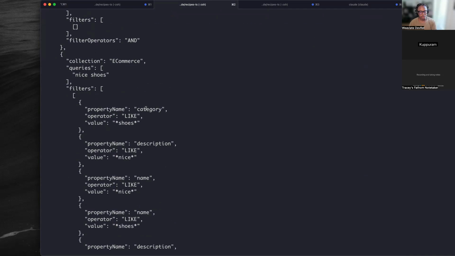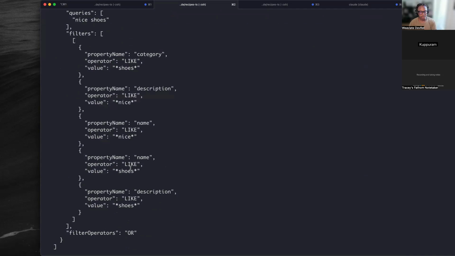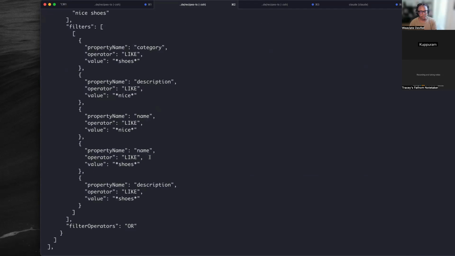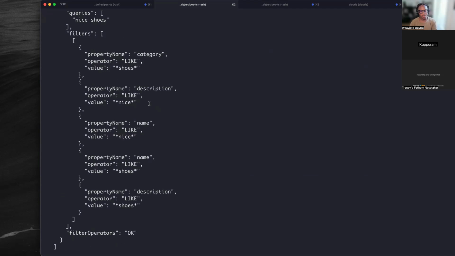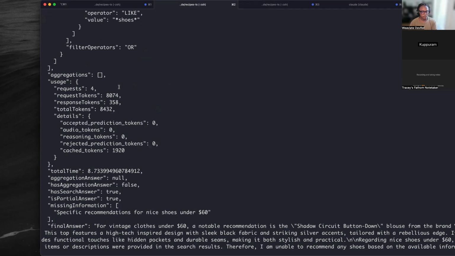And we looked for a property name. We looked rather for category and used the like operator of shoes and nice, as well as a description and a name of shoes and nice. So we're basically searching for anything that says nice or shoes on either the name of an object or a description or the category. And so the query agent essentially creates all of these filters, which can help us find in a much better way exactly what we're looking for. We get more information here on